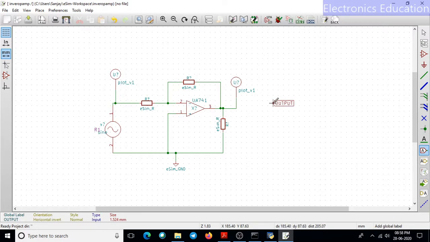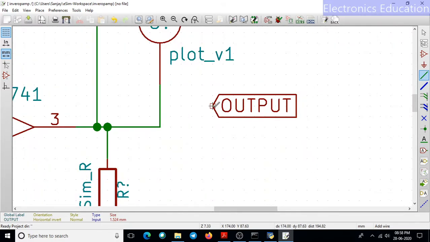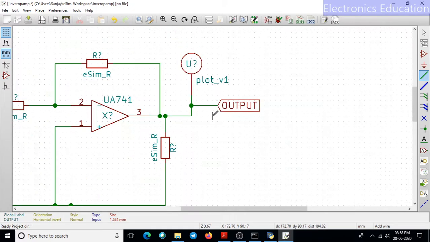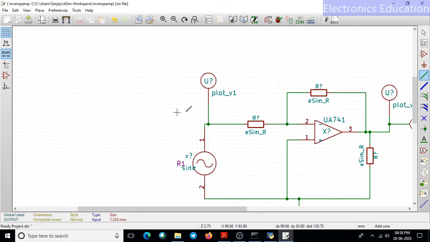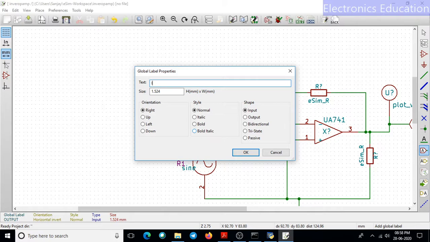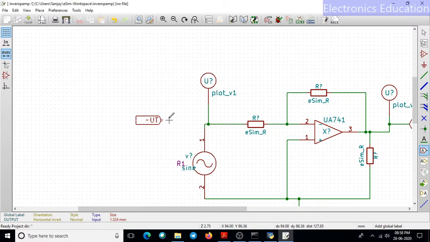We can move it by clicking M, and rotate it by clicking R. So now connect this particular part with the output plot. Similarly here also we need one more label. Now this is input, so I will place the input here.